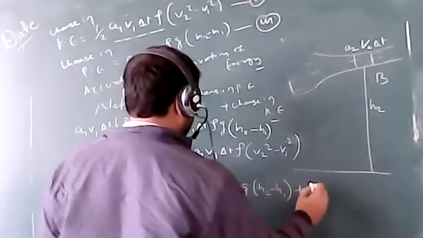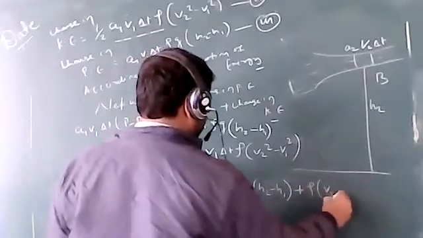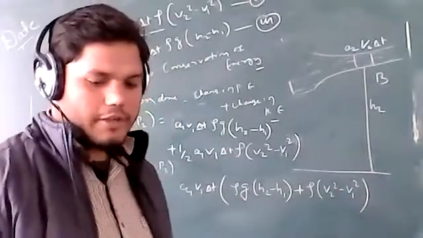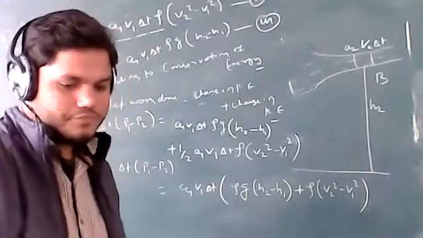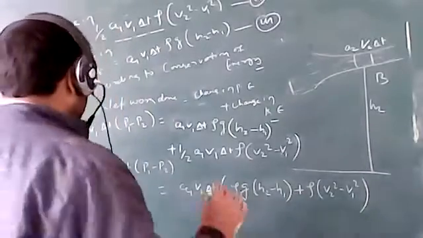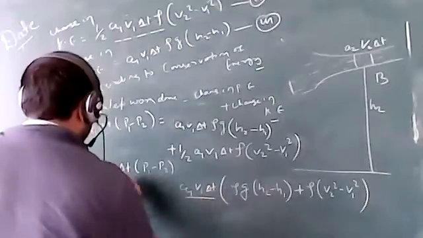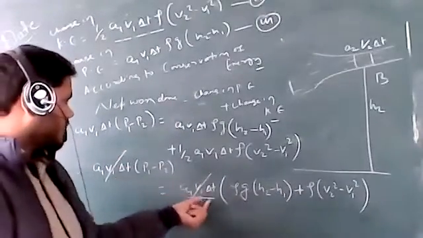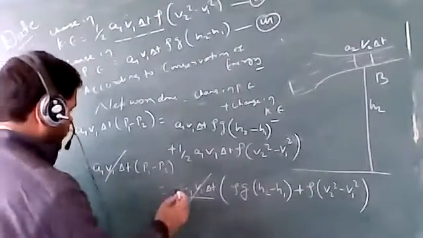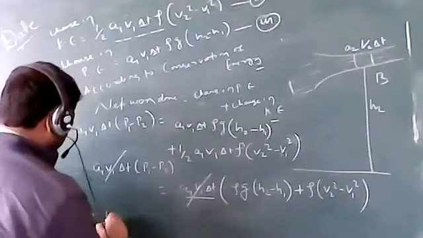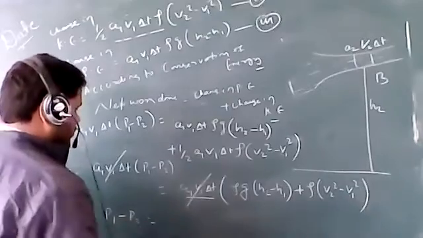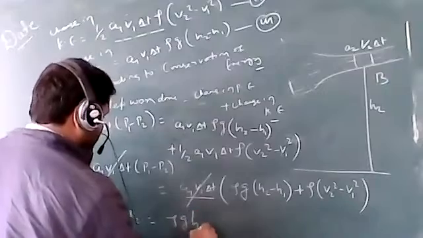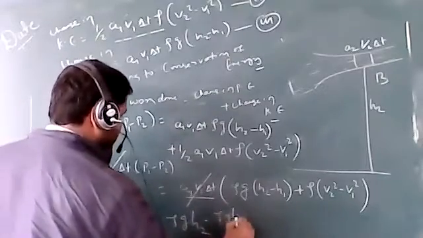Plus here what is remaining? Rho into (V2 square minus V1 square). Okay, so A1 V1 delta T you just cancel out from both sides. That means here you also have A1 V1 delta T, here you also have A1 V1 delta T, so it can be cancelled from both the sides. Then what is remaining? P1 minus P2 equal to rho GH2 minus rho GH1